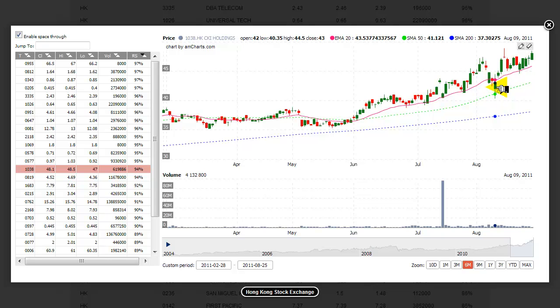And notice how the buyers stepped right in and the stock moved back up the following day. So that was actually a potential buy entry above the high of this shakeout bar. But now it's once again trending and following its 20-day exponential moving average. So we're long this stock in our model portfolio, and we will continue tracking its performance every day, including updating